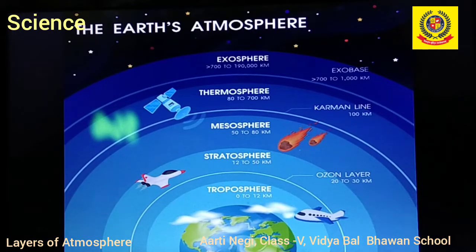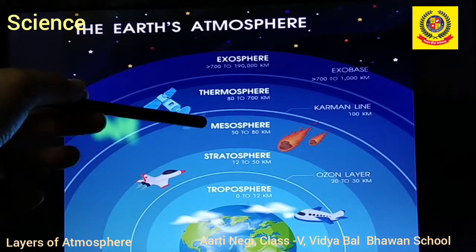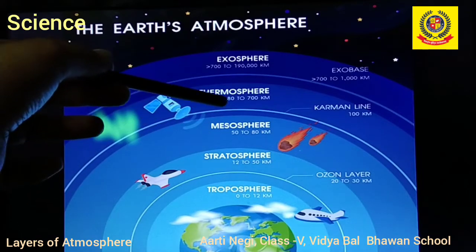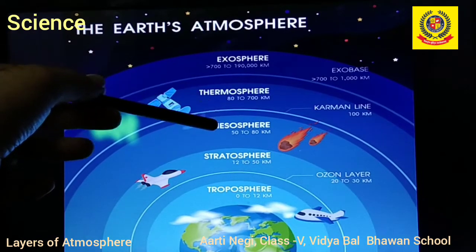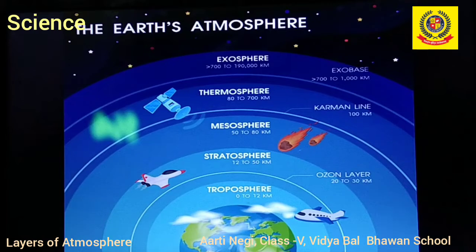Next to troposphere is stratosphere, and the next layer to stratosphere is ionosphere. We can divide ionosphere into two categories, mesosphere and thermosphere, and together these two layers are known as ionosphere, as termed in your book also on page number 34. And the last, or outermost, layer of the Earth's